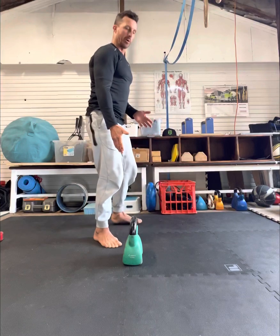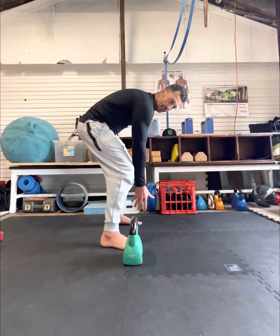Today's lesson is how to pick objects up off the ground and how to put them down efficiently without hurting your back. This may be common knowledge to most of you, but regularly I see people not using these movement patterns. The main reason people default to picking objects up with a flexed over spine